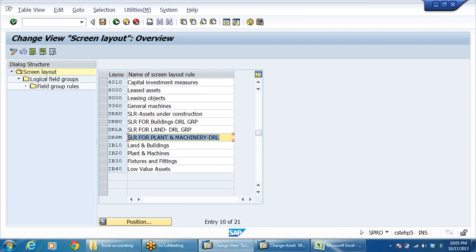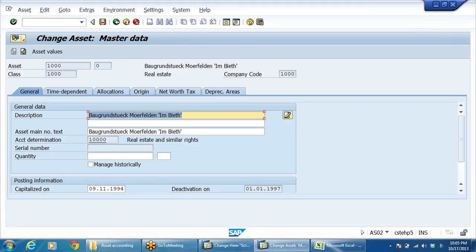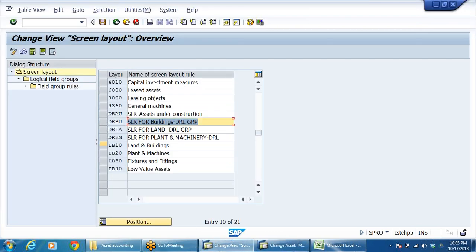Right, screen layout rule for asset under construction. Whatever the fields we have here, all these fields are controlled from here. How we control, I'll show you. First one, say for example, BU means building. Select building